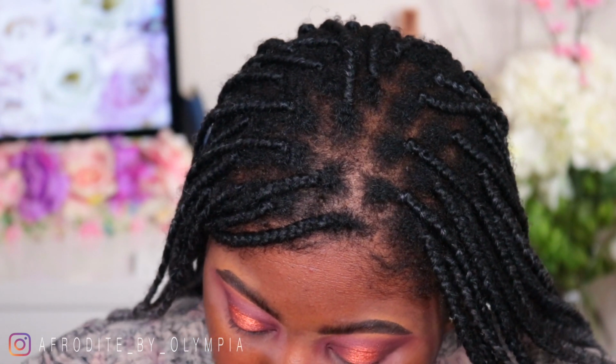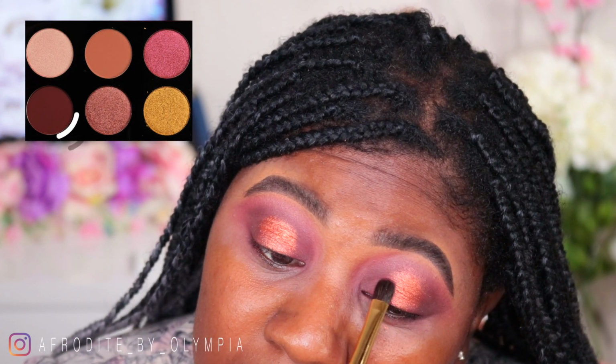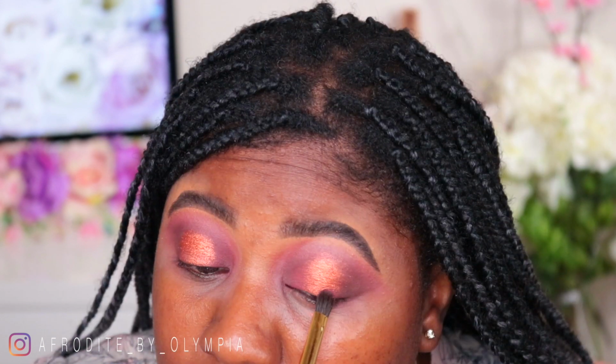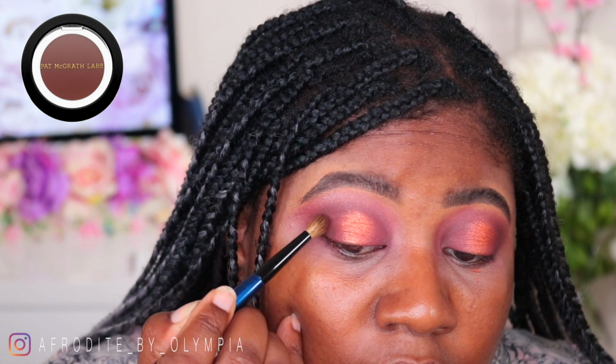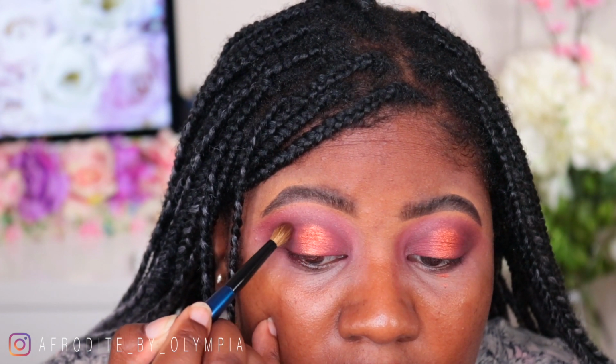Gonna take a little bit of Hedonistic Rose, so that plum shade. I'm gonna use that. Going back into deep shade, but this time with a mini booster. I'm just gonna feather that in here. Alright, there seems to be a little bit of gold sparkle, so we're gonna go in with that gold shade, and we're gonna use